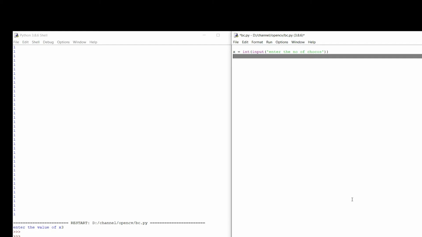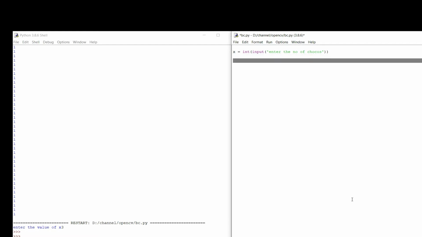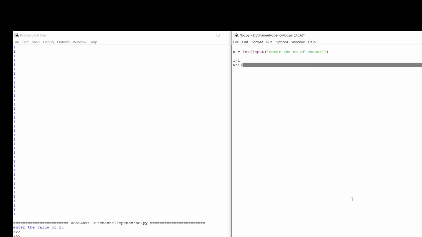What we need: I want to know some set of chocos which are present in that, and I'm assigning that to I. Then I am iterating while my I is less than or equal to x.